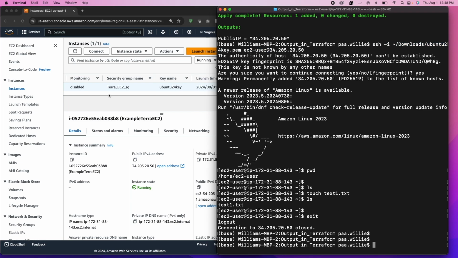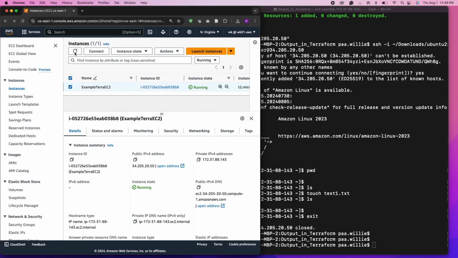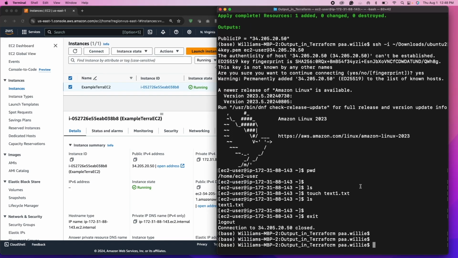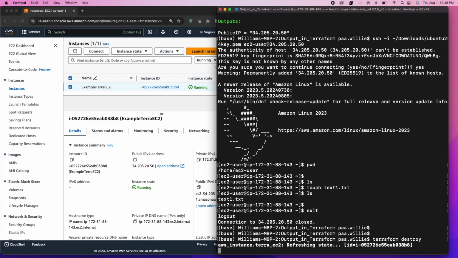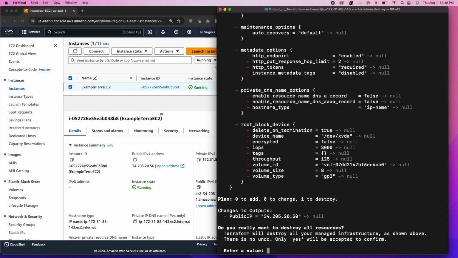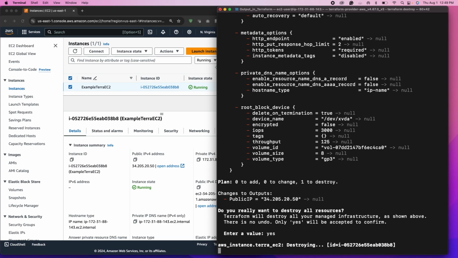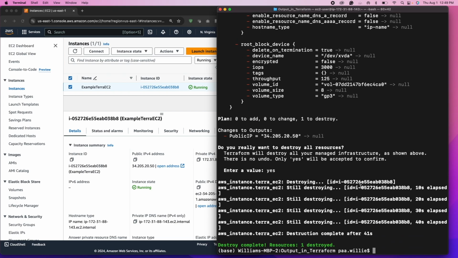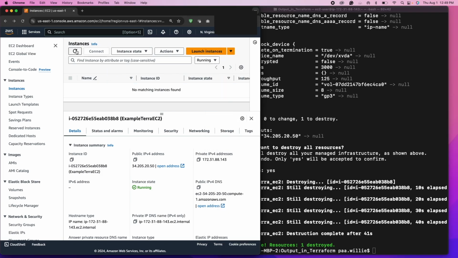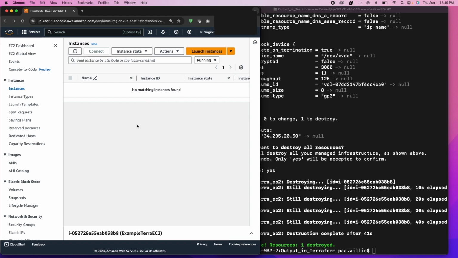Okay, let's do our cleanup. Our instance is still running, so we are going to run terraform destroy. And then select yes. Okay, so our instance is destroyed. Now run it here, you see that our instance is gone and it's totally destroyed. Okay,